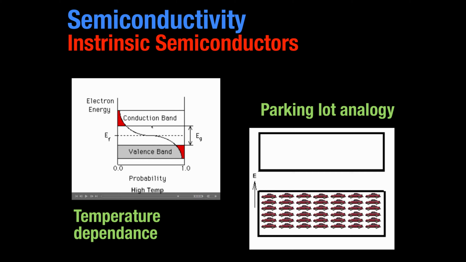This is an exponential process. That's why the conductivity does nothing, nothing, nothing. Then at a certain temperature, it climbs exponentially, and you turn a semiconductor basically into a metal.